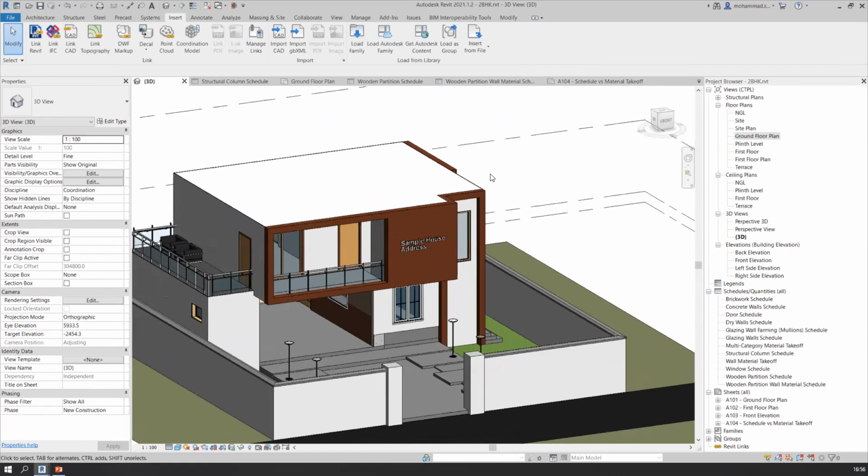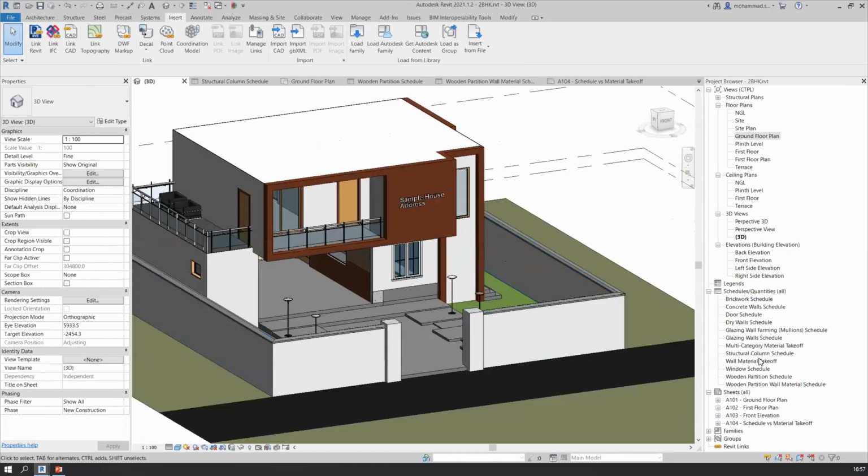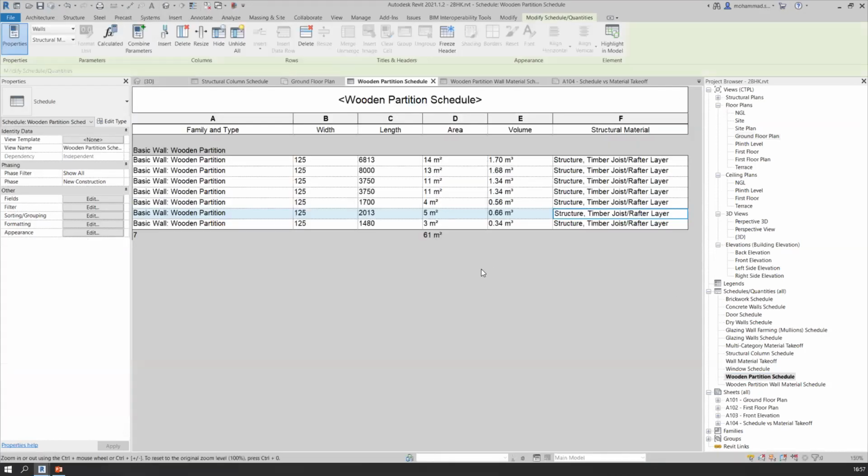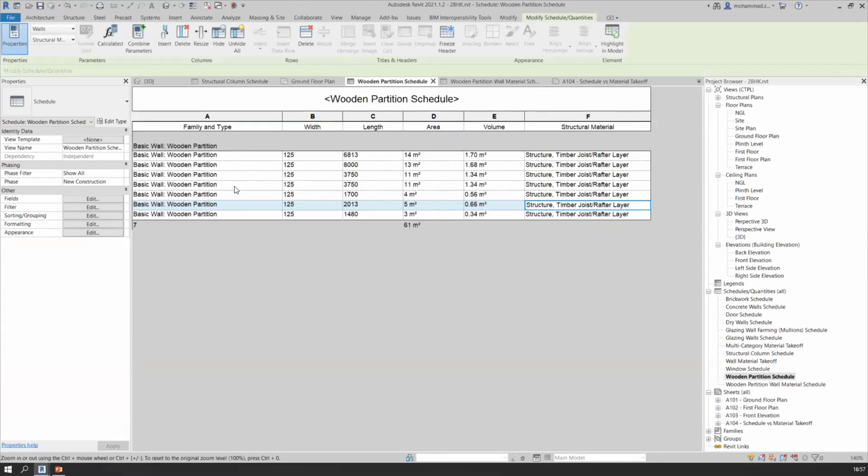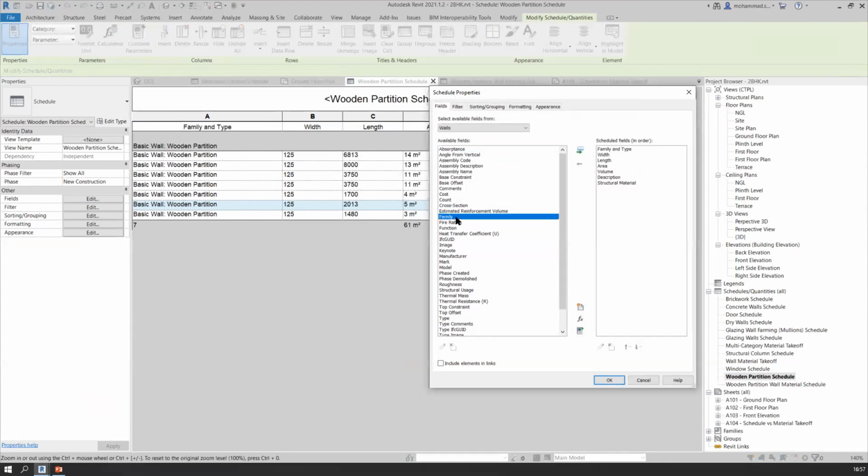Right. Another very specific question. Is it possible to bifurcate phase 1 and 2 quantities from a single floor plate? Yeah, that is possible. For example, if I select these 2 walls, or maybe I'll go to the wall schedule itself, which I've already created, the drywall schedule, or maybe the wooden wall schedule, which I created in front of you. Suppose these 3 walls are created in some other level, or maybe we can also add floors. So I'm going for fields and adding level also, so that we can identify on which floor these walls are placed.